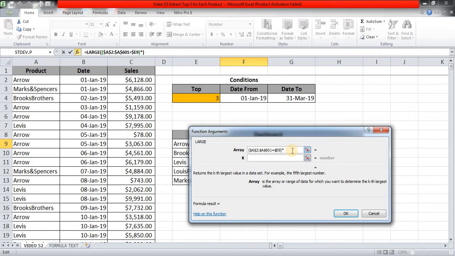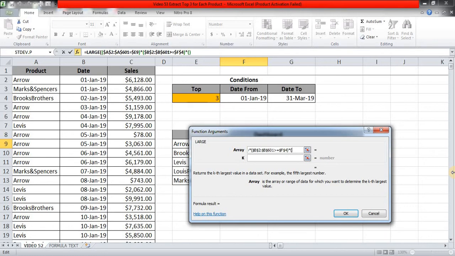So I am again opening the parenthesis. Now my second condition is how many of these dates are greater than or equal to the 1st of Jan. So again I am pressing F2. I am selecting these dates with Control Shift and down arrow, then Control Backspace to jump to the first cell, F4 to lock those cells, and a logical question: how many of you are greater than or equal to? Again F2, and we will select this cell, and I am going to lock this cell completely. This is my first condition, rather second condition.